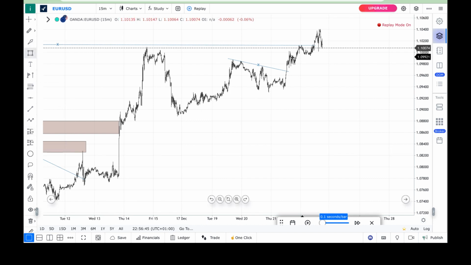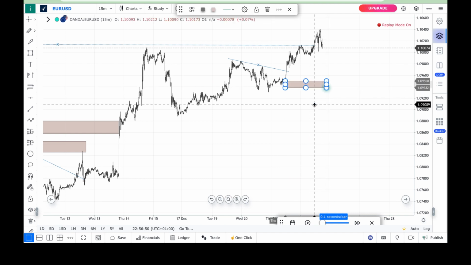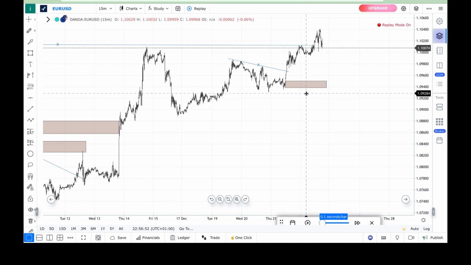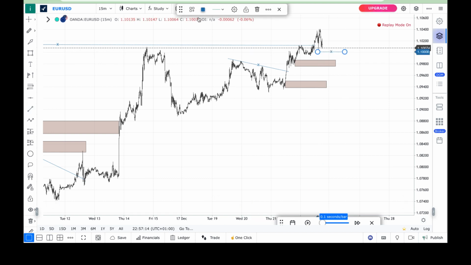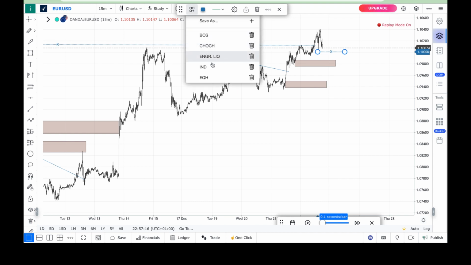People will mark here as an order block, but we don't know if it's going to be valid. People will mark here as an order block, and mark this place here or here as their inducement. Yes, they're actually correct, but what they fail to realize